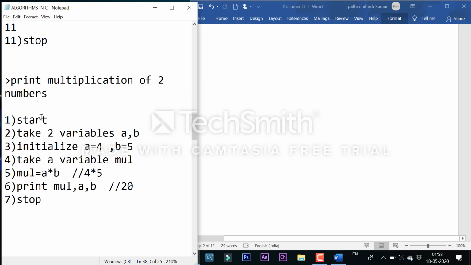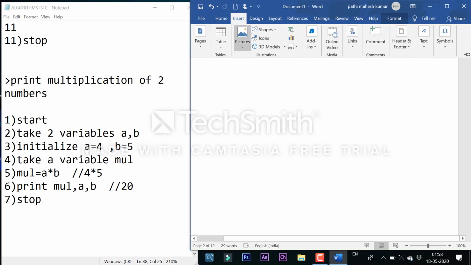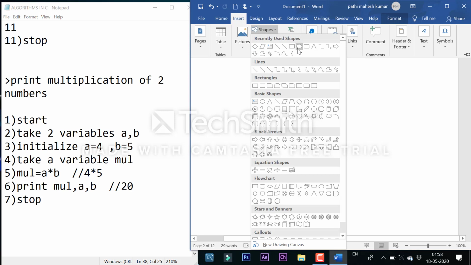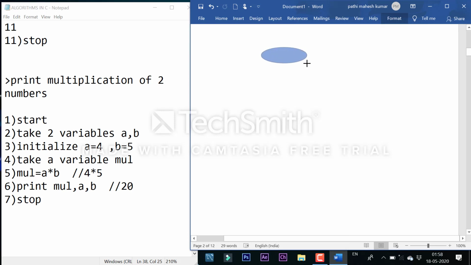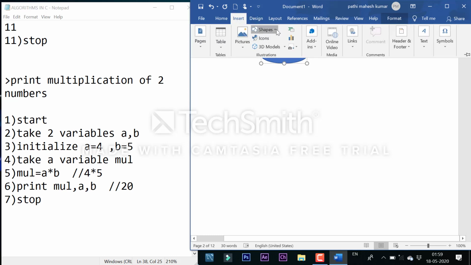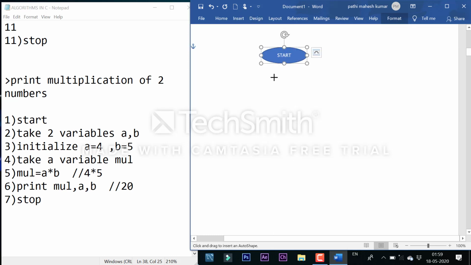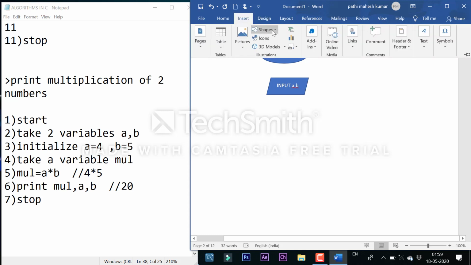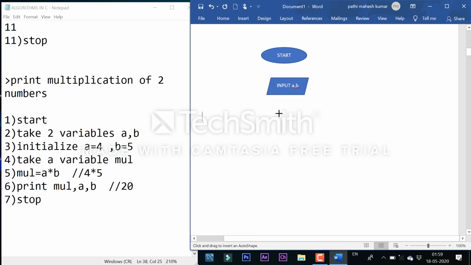So firstly I want to start. I am taking an oval shape. I want to start. After that I want to take input of two variables, A comma B. And after that I am initializing two variables.